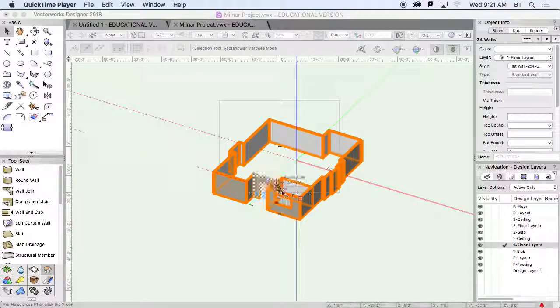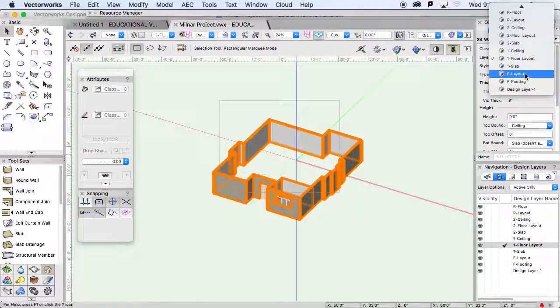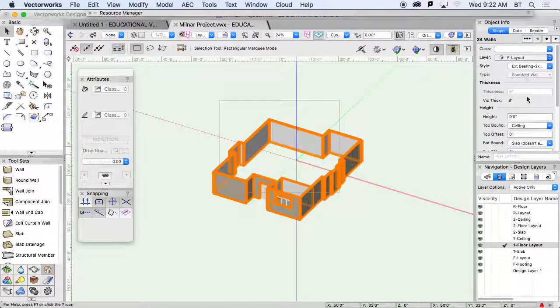I'm going to do the same thing with my foundation wall and my footing. So I'm going to make sure I have all my walls selected, and right now it does say 24 walls. I'm in Vectorworks. I'm going to go Command D. That's going to duplicate my walls, and then I want to send those walls to my foundation layout. Then I'll go to my foundation layout,